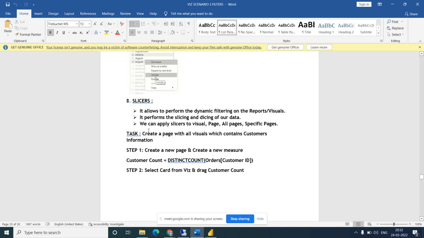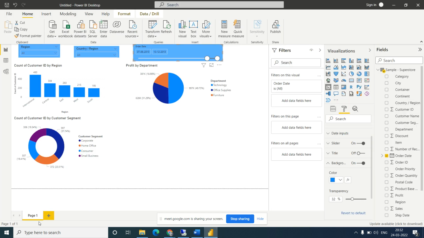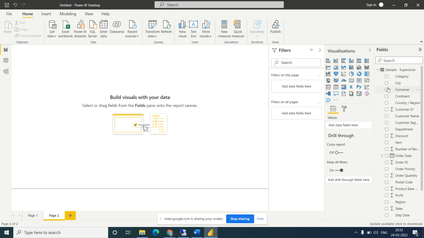So there is a task: create a page with all visuals which contain the customer information. So create a new page. Let's say I am taking one more page and adding some data.